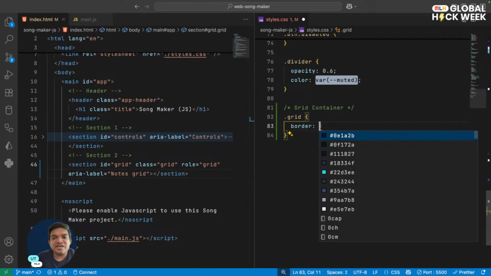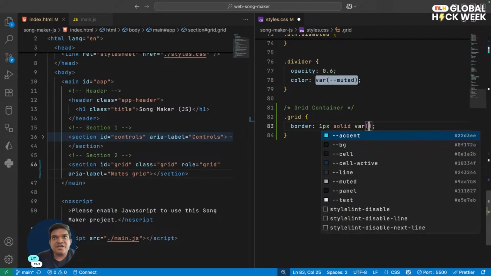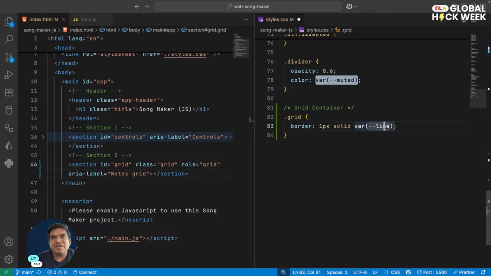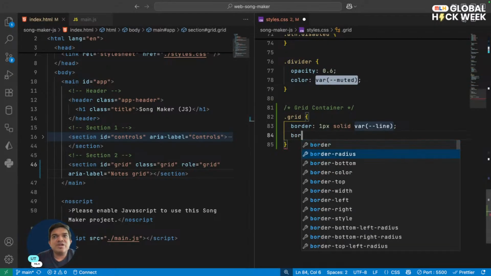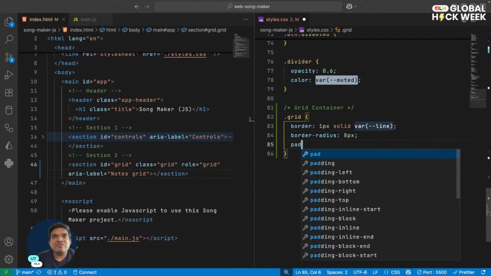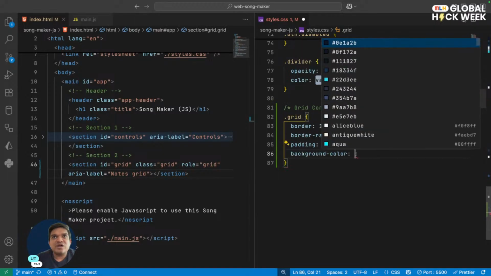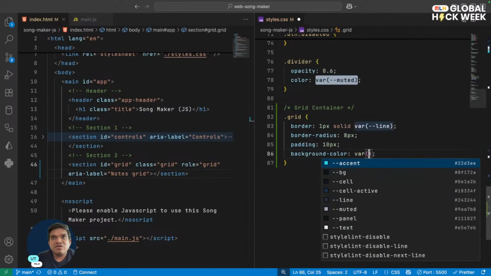I'm going to say that it has a border of 1 pixel, solid, and it is going to be a variable line that we have created yesterday. We're going to give it a border radius of 8 pixels. We're going to give it a padding on all sides of 10 pixels, and we are going to give it a background color of var,